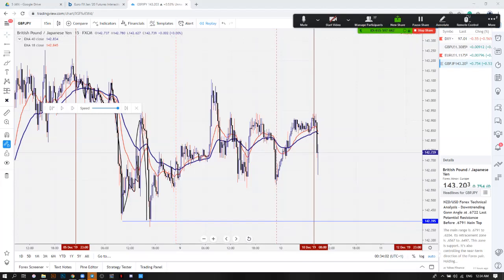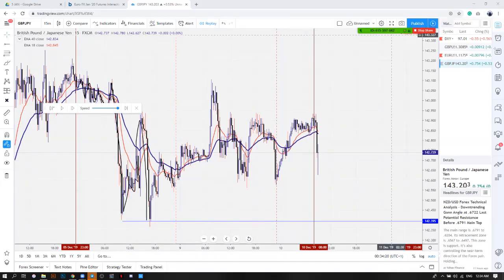Okay? We're not trying to predict the market. The market is telling us what to do. We're not the ones who move the market, okay? It's the institutions, the central banks. So what we're doing is copying what the central banks are doing. If going into London session they open strongly bullish, they will know they want to sell.